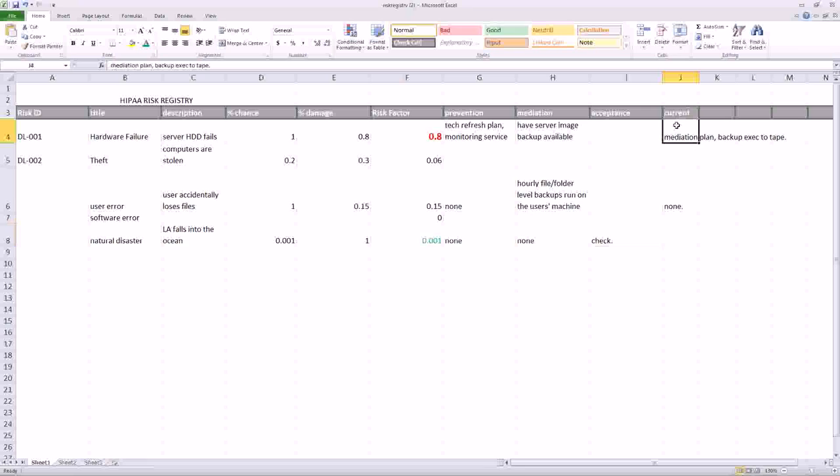And then you can add another column if you want, if you're actually evaluating, and you can put, okay, what's currently in place? Majority of the SMBs you go into, there's some sort of mediation plan, and I just put a common one here: if they're running backup executive tape. And then there's additional SLAs that go behind this, like test recoveries, whatever it is. User error, none. So it's good to put this sort of stuff together.